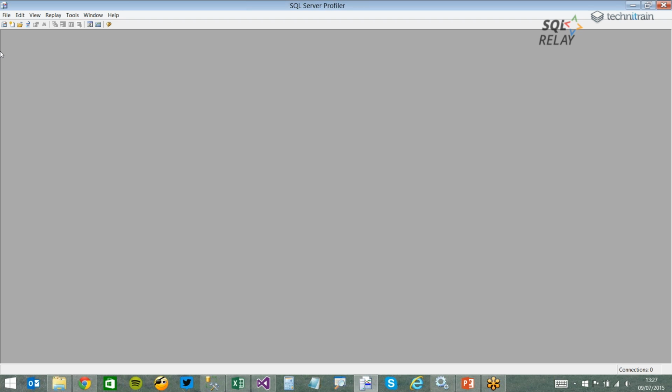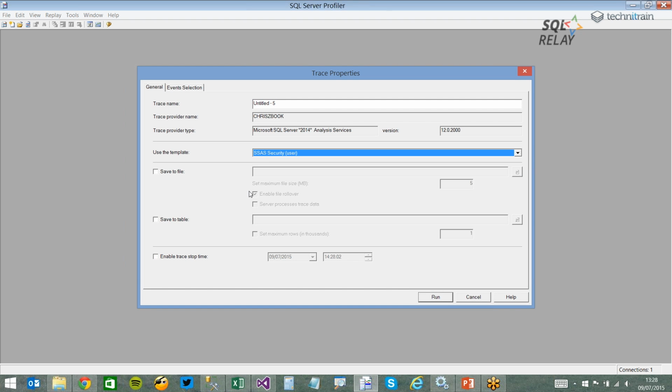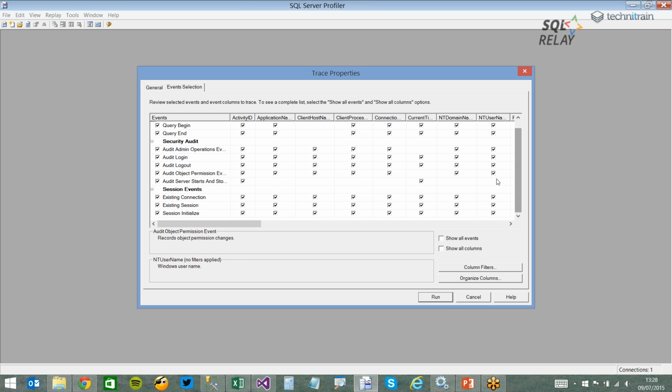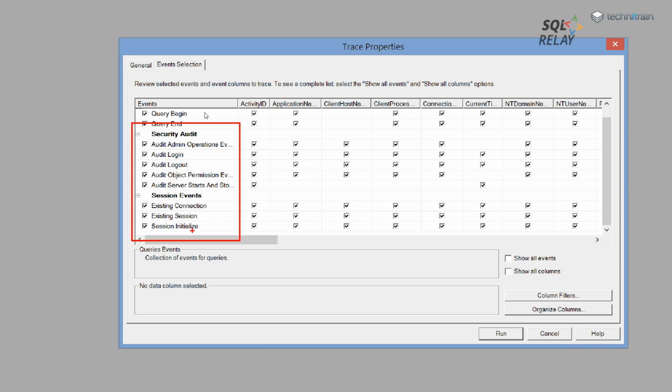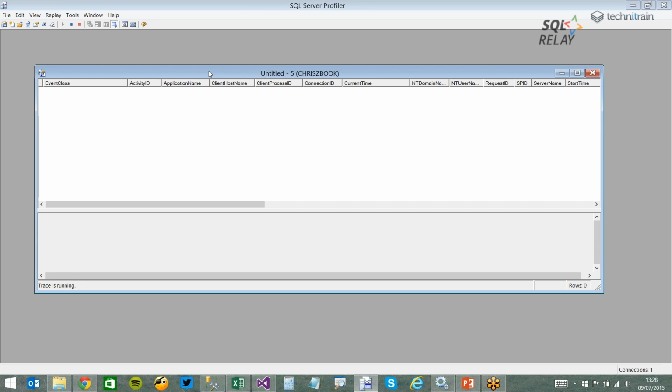And we can do that in Profiler by looking at a number of interesting events. So here I've got a Profiler trace template that picks out some useful events. Basically, the interesting things to look at are the events in the Security Audit box and the Session Events box. I've also selected some events from Query Events up here so we can see what's going on. But when I run this trace,